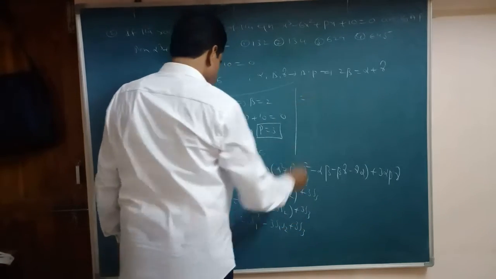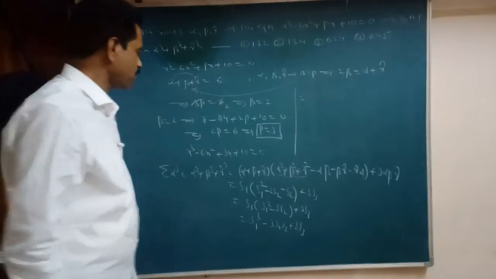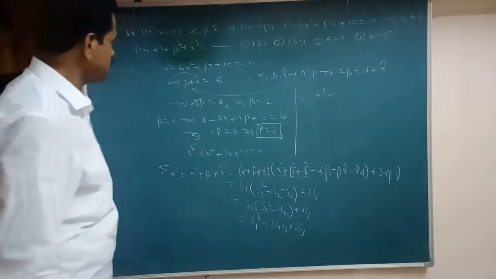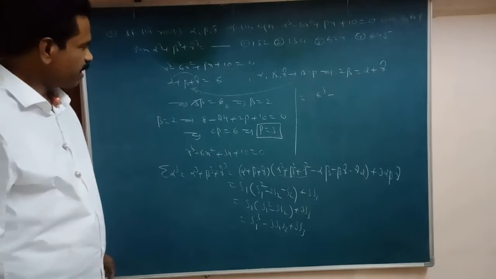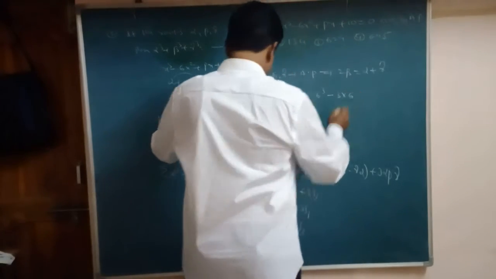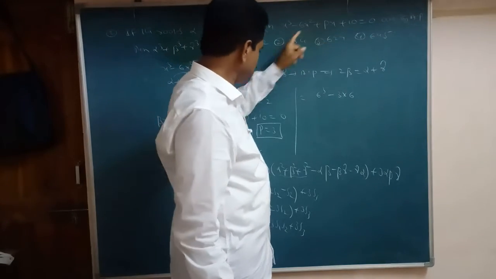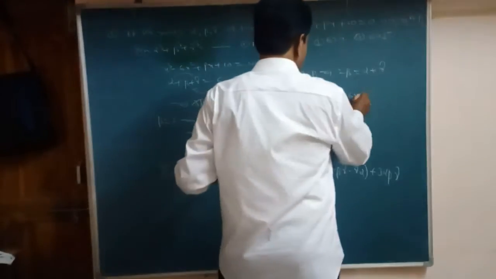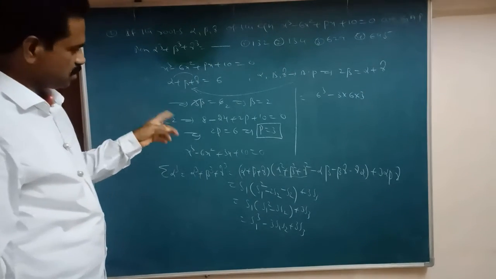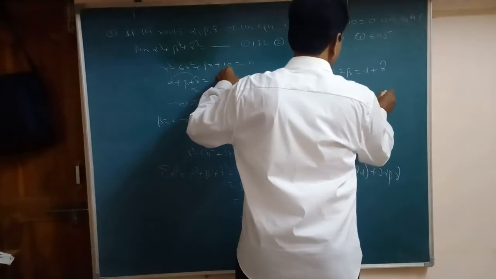Now substitute here. So what is S1 here? S1, alpha plus beta plus gamma, is 6. That is 6 cube. Next, minus 3 S1 S2, minus 3 into 6 S2. What is S2 here? S2 equals P. What is the P value here? 3. So into 3. Next plus 3 S3. S3 is how much here? Minus 10. Minus 3 into 10.